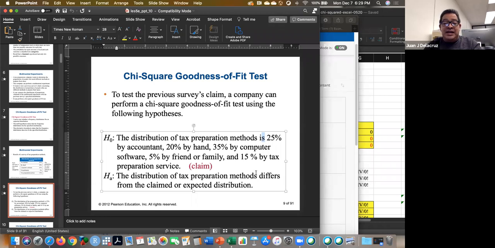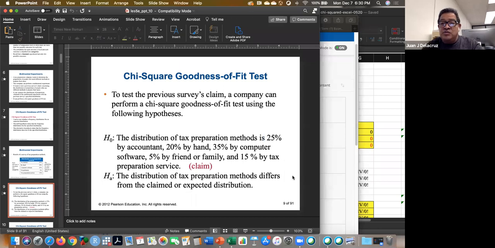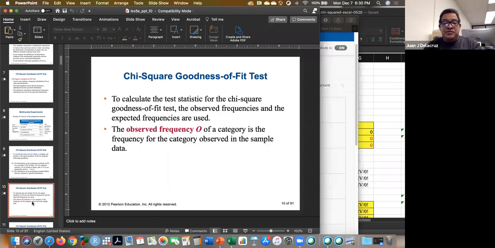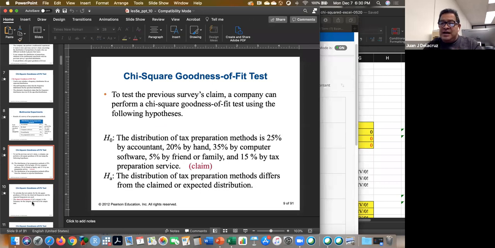The counter argument is that the methods differ from the claim or expected distribution, right? So this is the expected distribution, and we can say that those methods are not the ones. So this is even simpler. We are gonna use two different things here. We are gonna gather data from our own survey, and we are gonna keep the percentages that are from the previous